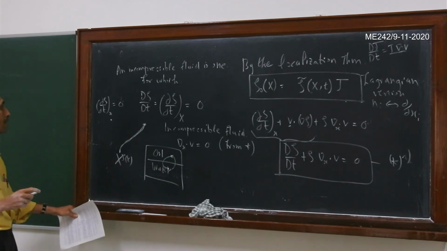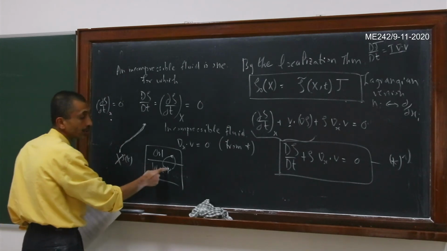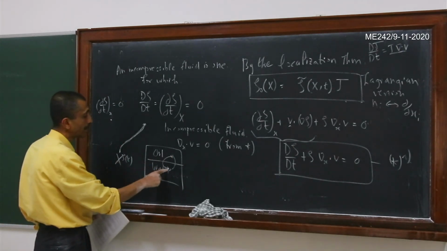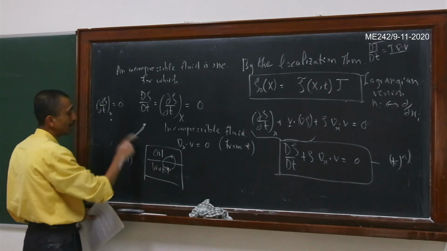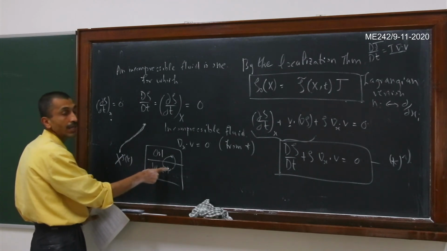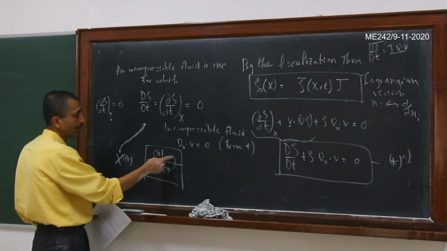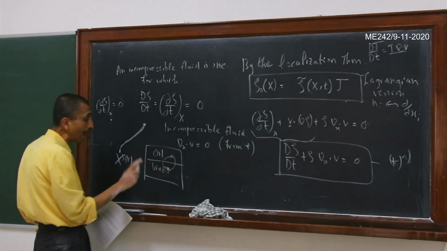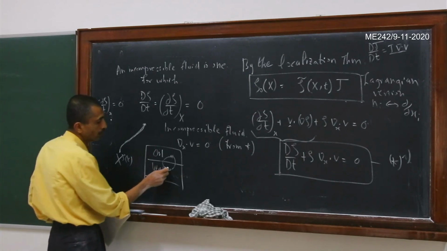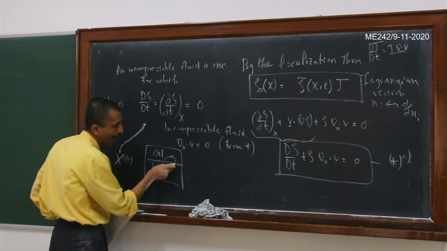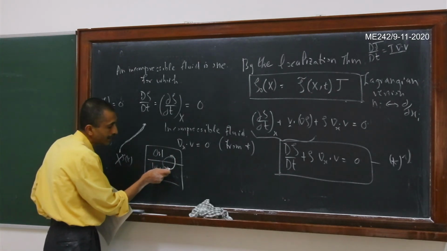So in this particular case, your del rho by del t at x is not 0, correct? Because now you are looking at a particular position small x. This density is changing because initially it was the density of water, and now it is the density of oil, because at the next instant in time, this oil particle is coming and occupying it. But you can still make the assumption of incompressibility. What you have to do is follow that water particle as it is traveling into this oil domain, so that its density remains a constant.